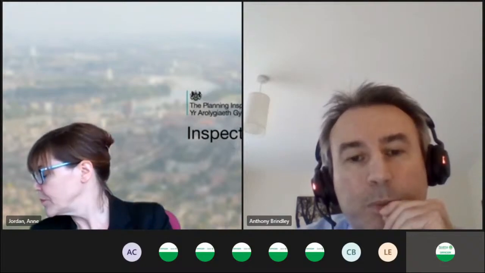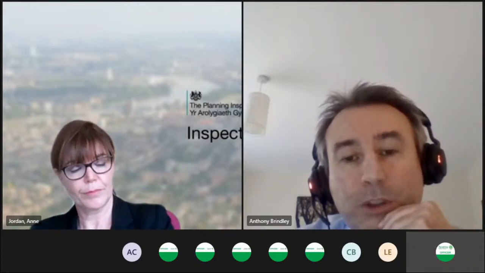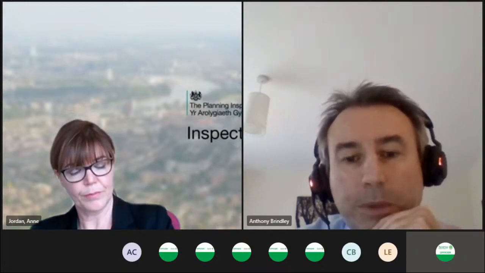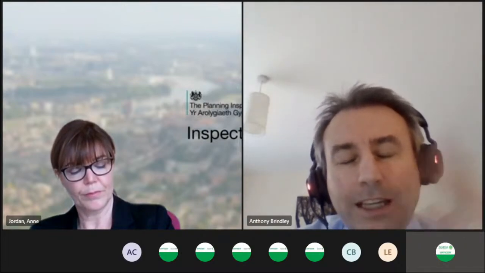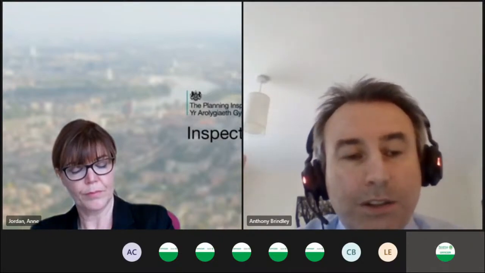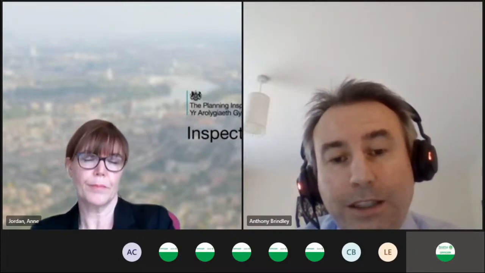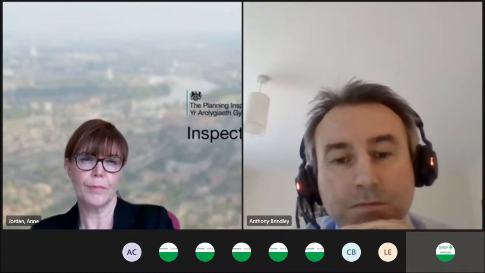It hasn't been out to initial formal consultation yet, due to the COVID-19 situation, so that's still waiting to be progressed. The plan is more of a spatial plan because it involves lots of social initiatives to tackle deprivation and those issues. So it's a lot more encompassing than a pure planning document.